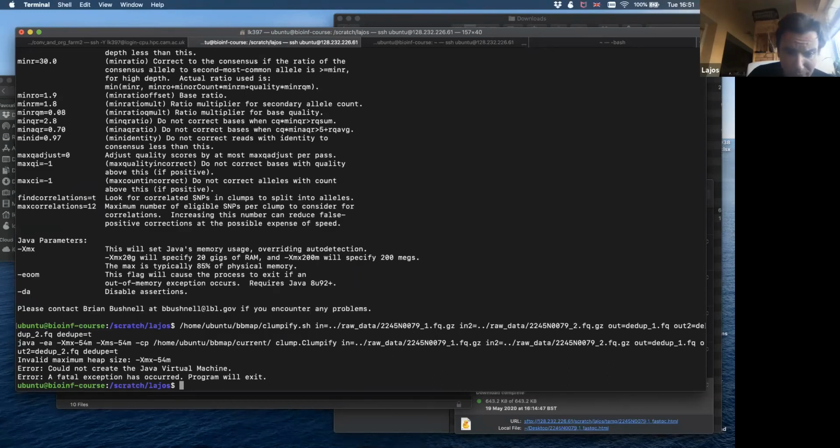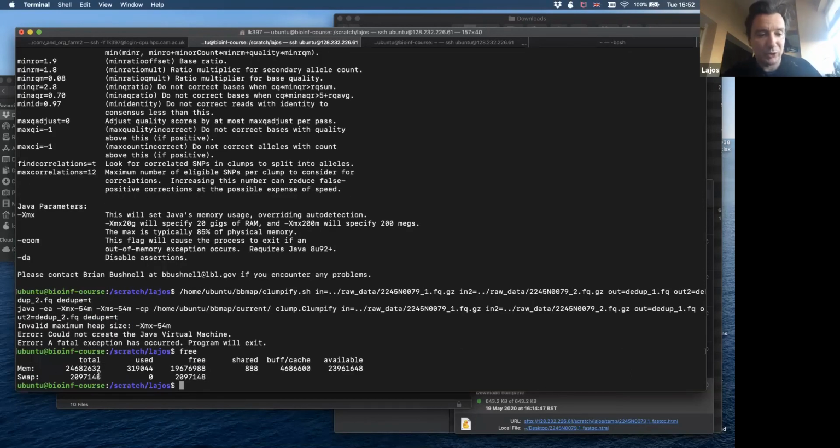The problem is the memory. So we probably have to use the -Xmx flag as well, which gives the maximum memory the program can use. I don't know how much memory we have, so I just checked with free. We altogether have 24 gigabytes. I think it's okay to use 20, but it means if I'm using 20, then there won't be any more for you. So